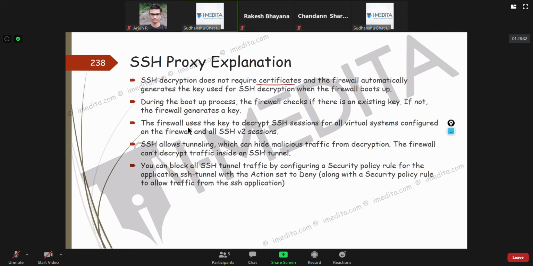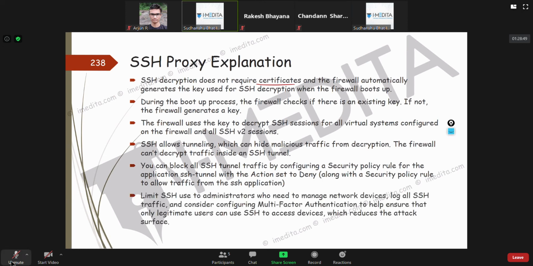Alternatively, you could also make a security policy rule if you don't want SSH to be enabled at certain places, to just block SSH. In case of app ID, it's basically simply SSH. So if you want to specifically block it. It's highly recommended in today's corporate environment that you enable SSH only for people who really are network engineers. You don't enable it for everybody.